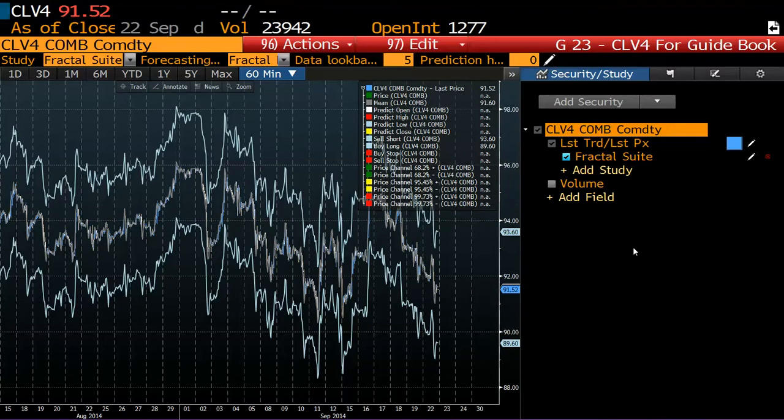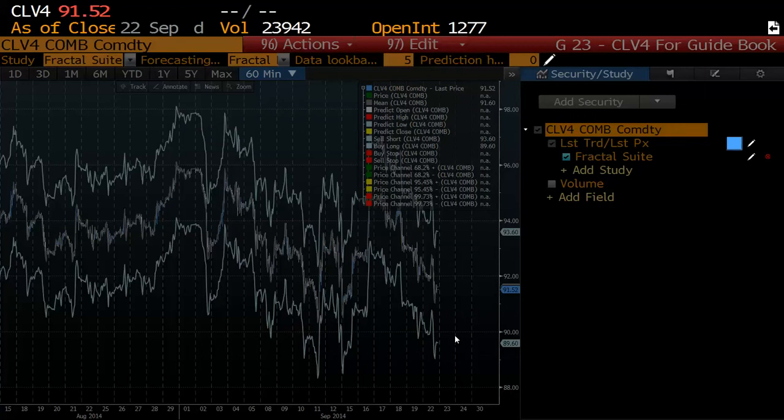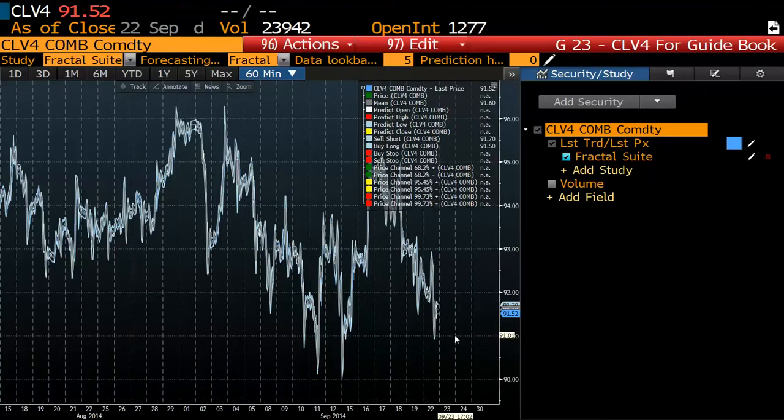So this is a demonstration of how you can control that minimum distance. Obviously you're not going to be using dramatic numbers like 200 in most cases, but just for the sake of demonstration, this does a good job of visually explaining this. Okay, so I'm going to change this back to a more acceptable number, say 10 ticks. And the last piece for this video that I would like to show you